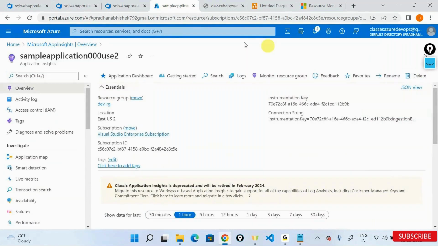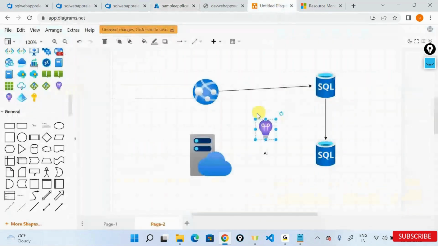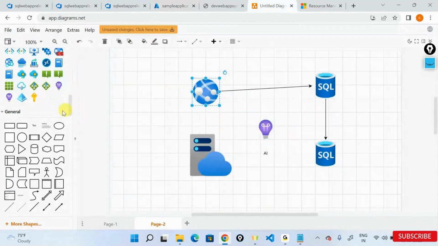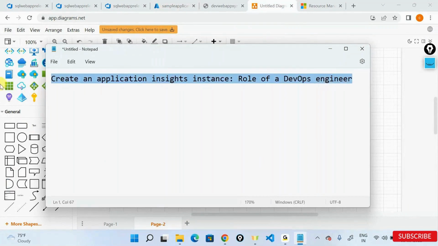So I have the Application Insights created, and in order to connect to this Application Insights, you need something called an instrumentation key. We call it an I key or an instrumentation key out here, which is just like a non-sensitive piece of information that is used for an application to connect to your Application Insights. This key is required, and also I, as a DevOps engineer, created the Application Insights and this is ready, but